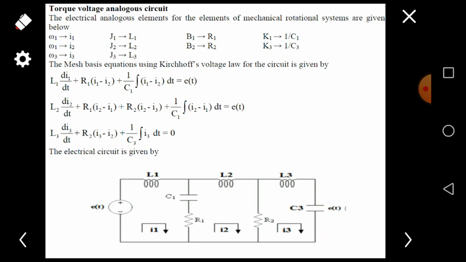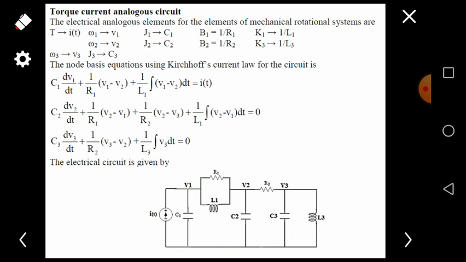For I1 there will be one inductance and also a voltage element, so we have to draw a voltage source and an inductance in series in the loop of I1. For I2 there is only an inductance, so we draw an inductance in the loop of I2. And for I3 we have an inductance and also a capacitance, so we connect the inductance and capacitance in series in the loop of I3. Okay,